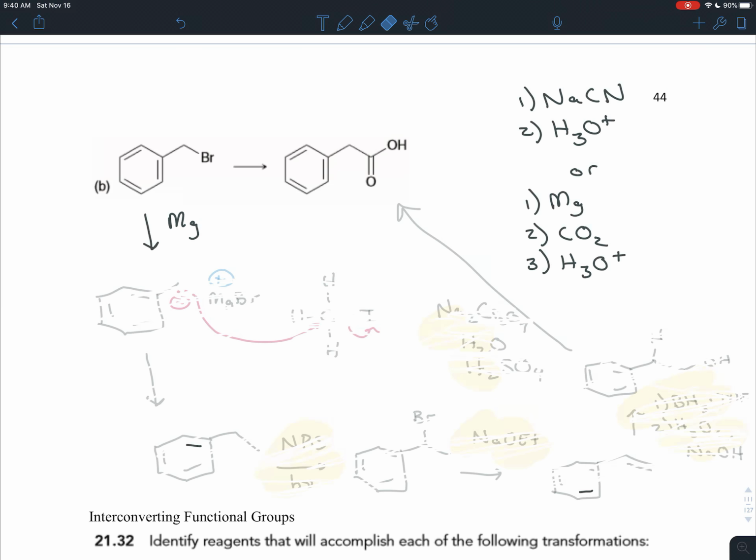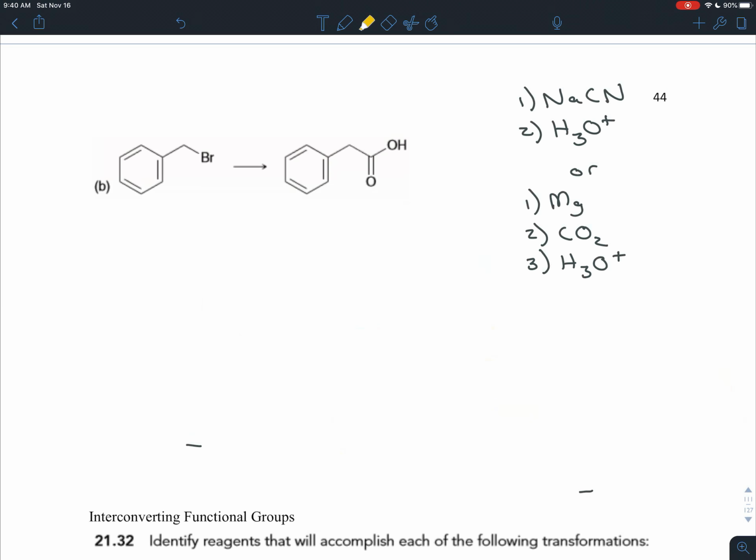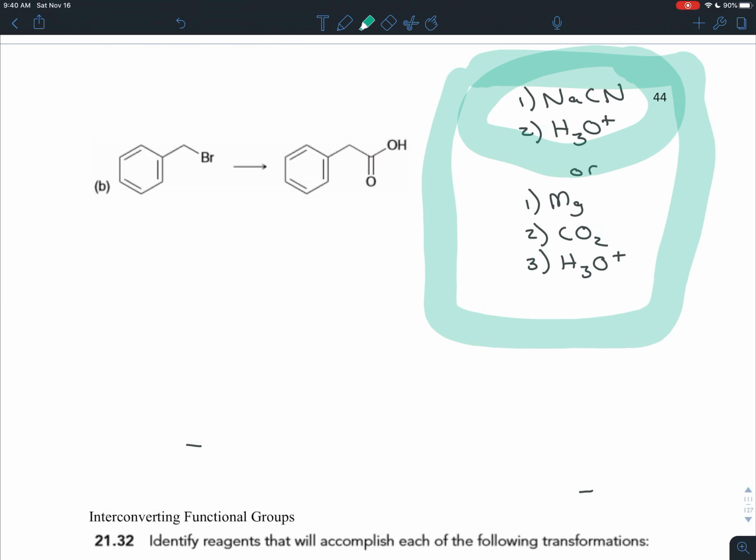So the two reactions you'd really want to use, the efficient ones, and the ones that are more relevant for this chapter that we've gone over, are these two up here. Remember that if you add a carbon and you want a functional group on it, making a new carbon-carbon bond with a cyanide is a really good option, because it has a functional group built in. And don't forget, another way to add one carbon, just one, that has a functional group, if you have the opportunity to do a Grignard reagent, is reacting